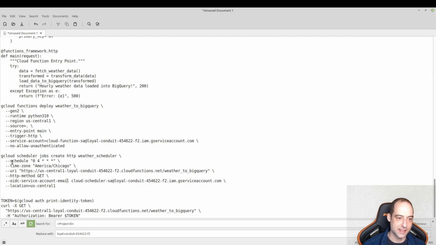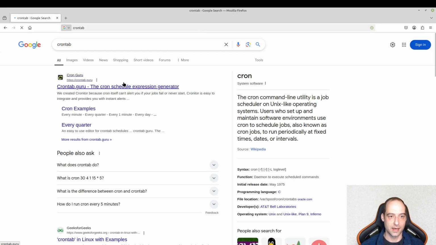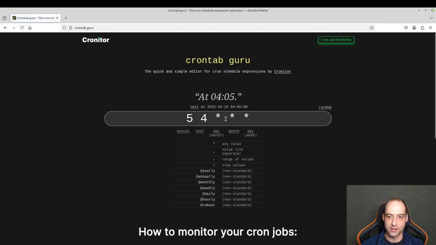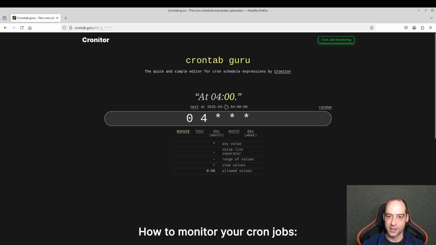Not too much interesting here. The schedule, this is a cron schedule. If you're not familiar, crontab is awesome because you can go in here, play around. It will tell you the frequency at which this is going to go. If we look here, it is indeed at 4